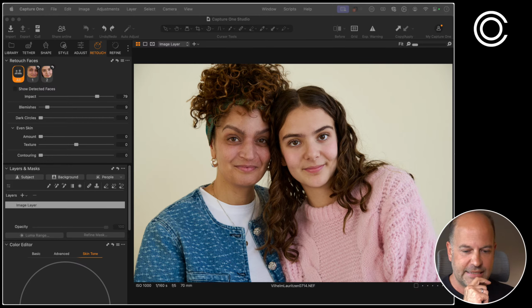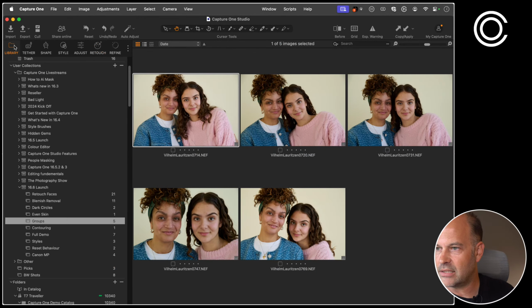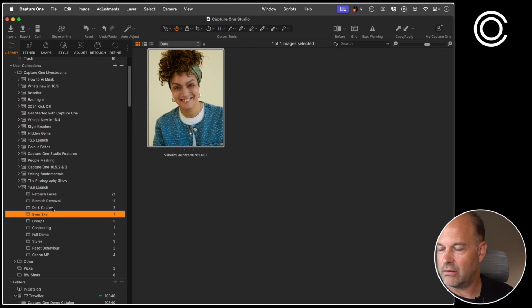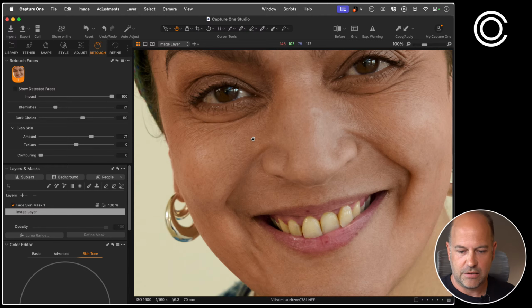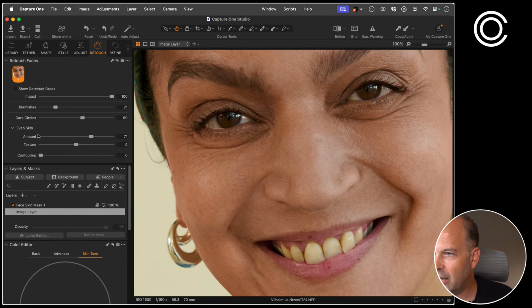David was asking, is texture dependent on the amount? If the amount is 0, then texture has no effect. You know what? That is an excellent question, David. I've got the feeling it is dependent on the amount. So if amount is at 0,